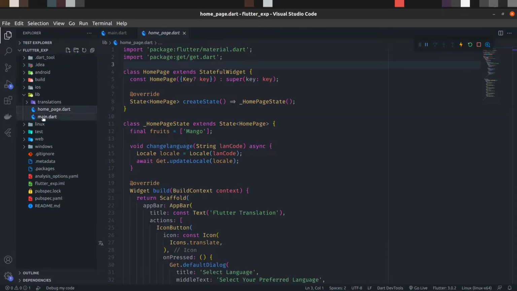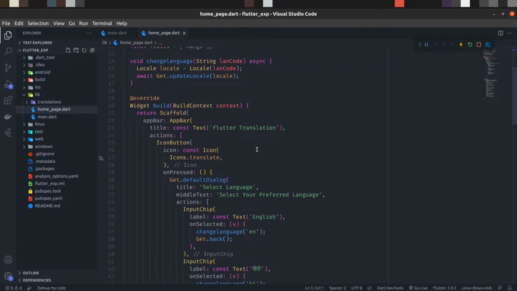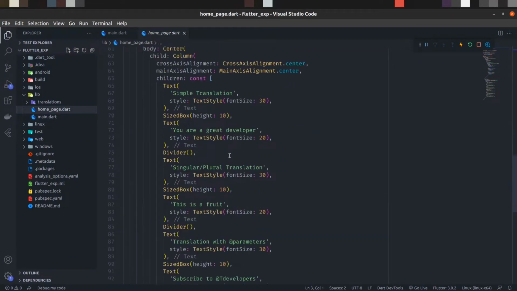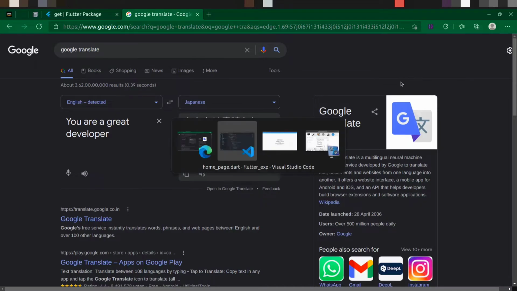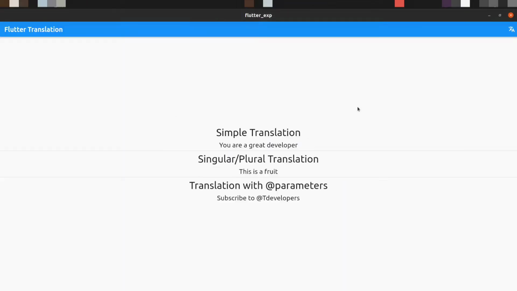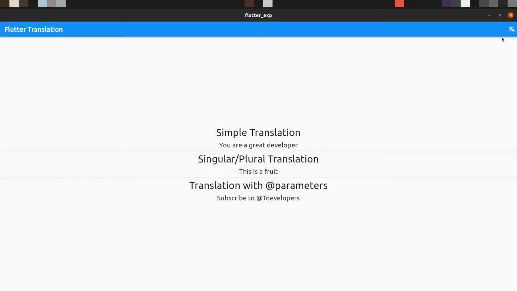So in the home page, let me add a const here, it is showing a warning. In the home page you can see the code for the simple UI, and this was the code for this button. Let me show you this button. I think I need to restart for the functionality of this button.